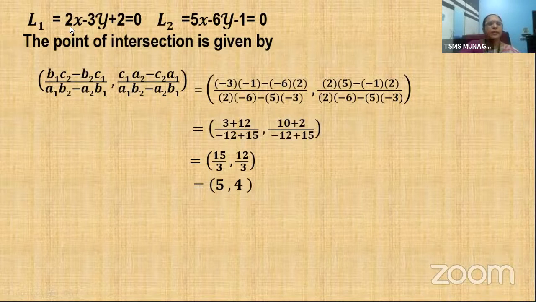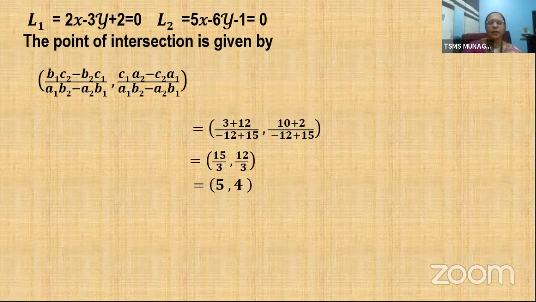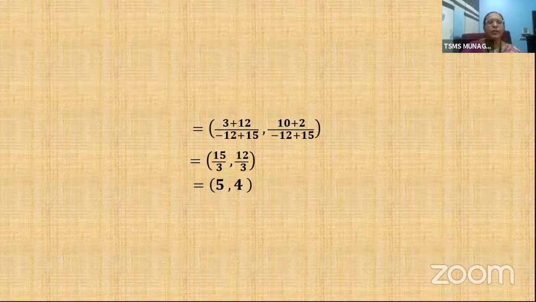You can see here A1 is 2, B1 is minus 3, C1 is 2, A2 is 5, B2 is minus 6, and C2 is minus 1. So using these coefficients, we can substitute in this formula and try to simplify. On simplification, we get the point of intersection as (5, 4). Now even you can simply solve these lines